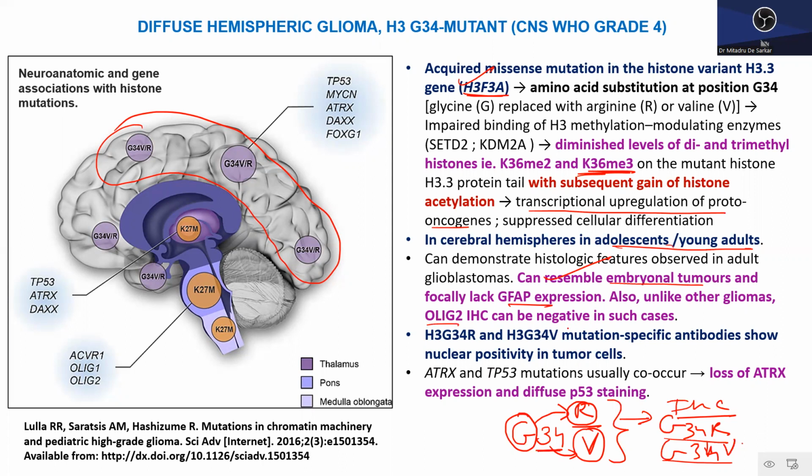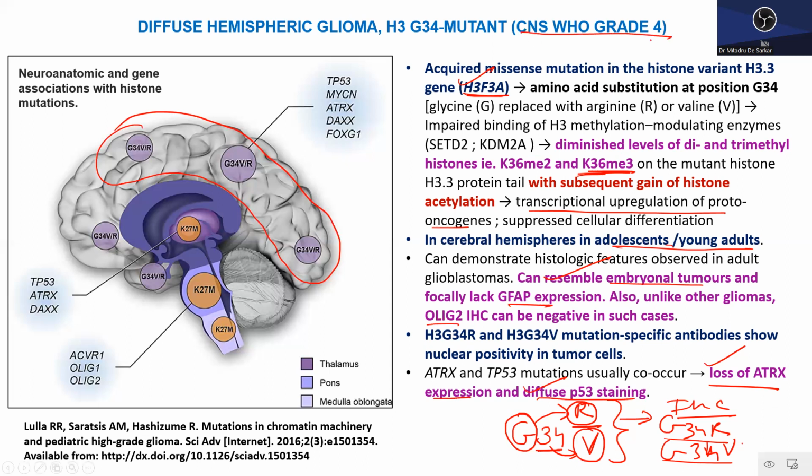Another important thing to keep in mind is that these will often be associated with loss of ATRX expression. Like I said before, ATRX loss is mostly associated with IDH mutated gliomas, right? But in this particular family of tumors also, you could have a loss of ATRX expression and a diffuse P53 staining, which could be utilized to diagnostic advantage. Irrespective of how they look, these cases will all get the designation of CNS WHO grade 4, just like your